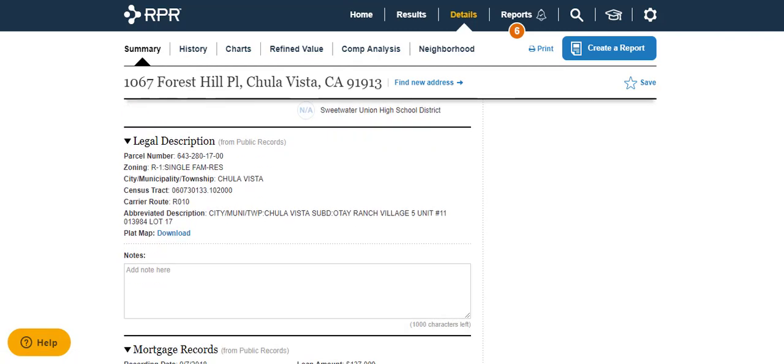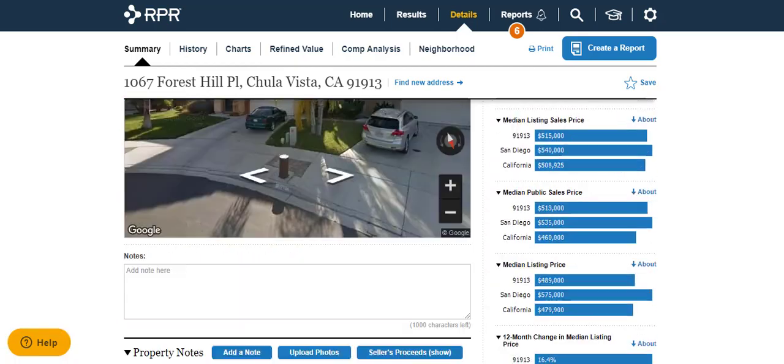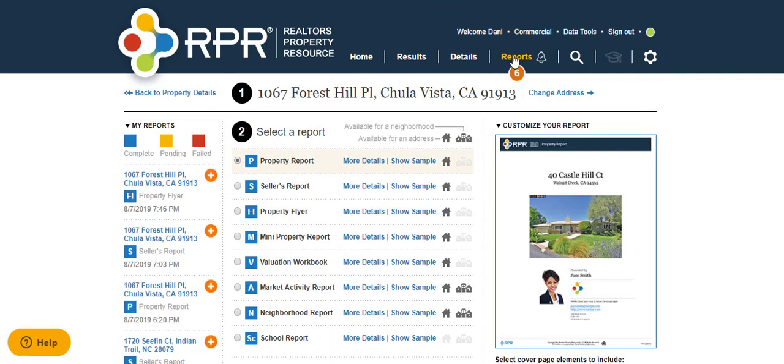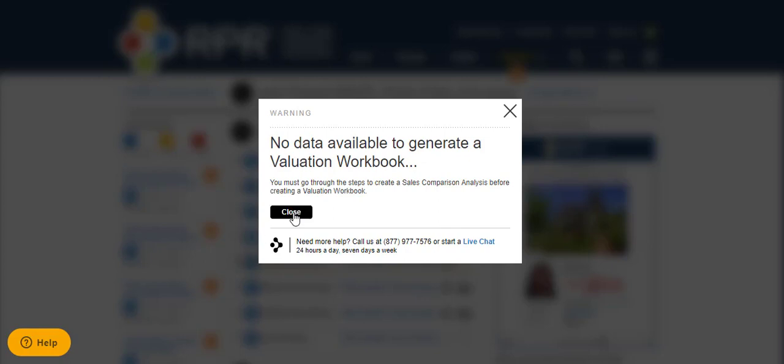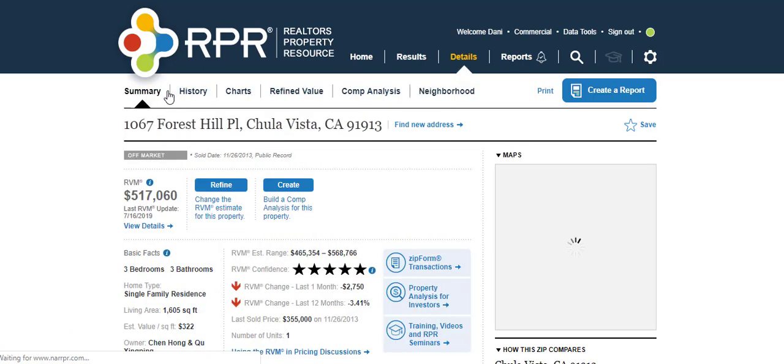Scroll down into the report, just make sure everything looks correct. Then you're going to come up here and click on Reports, and click on the Valuation Workbook. Now it's telling me there's no data available to generate a valuation workbook, so we have to go through the sales comparison. So click back to Property Details,